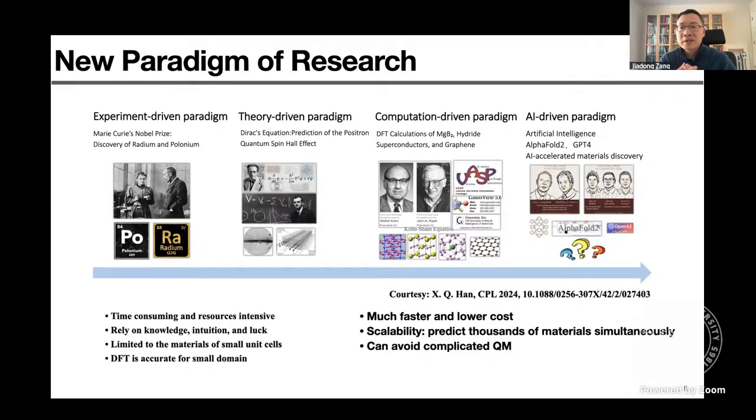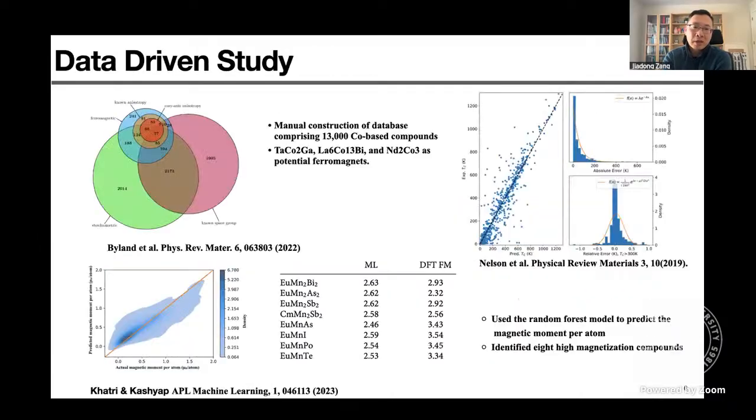Right? So recently, with the rise of AI-driven or data-driven materials discoveries, our goal is to see whether these new techniques can help us find new magnetic materials. And actually, there are some existing efforts in finding magnetic materials driven by data. For example, in this work, there are some machine learning